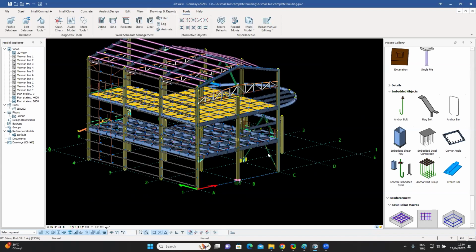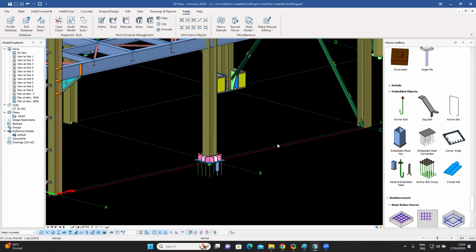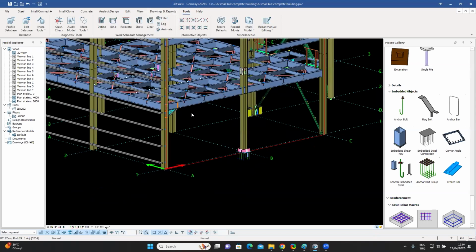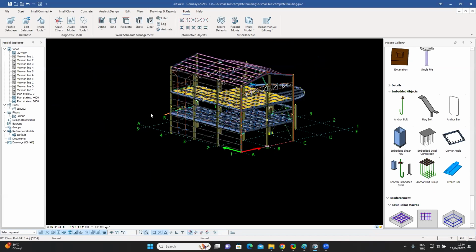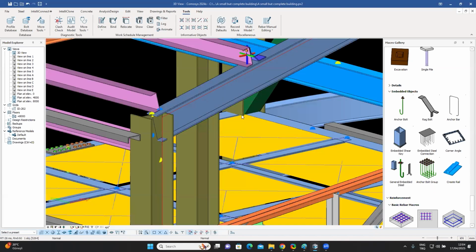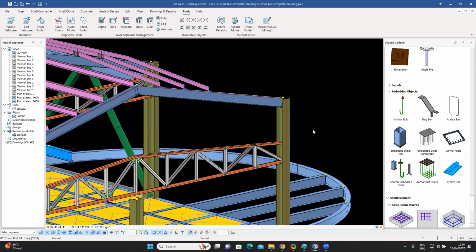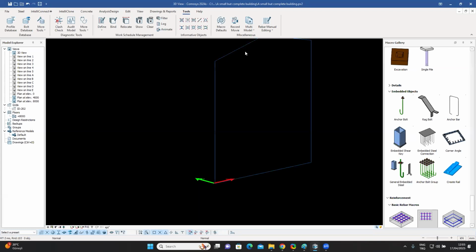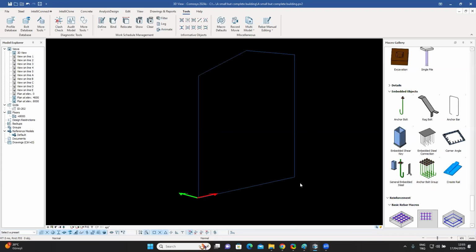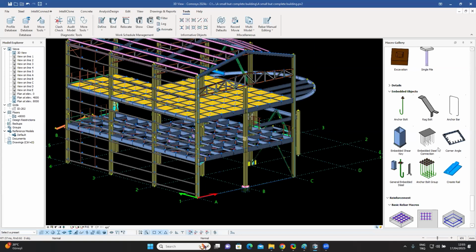If I double click on that, I can see how I created it. I can go from here to here to here. If I show only selected, you will see it. This is what I've basically done, followed the outline of the facade. This is the informative polygon. Let's say show all again. And if I go to my